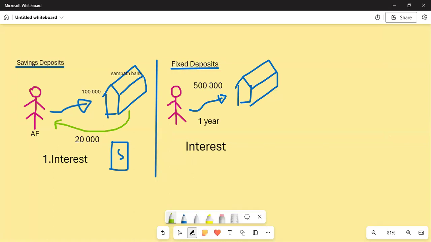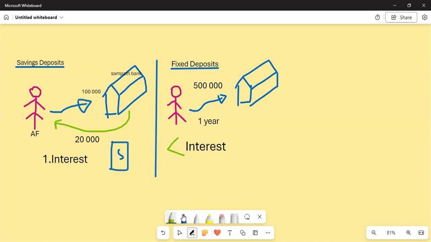The money which you have to eat and drink, everything, if you go and deposit, you can't withdraw also anytime. Can you do like that? No. Fixed deposits are done only if you have enough money, if you are having enough financial strength. And the interest is way larger than the savings deposit interest.